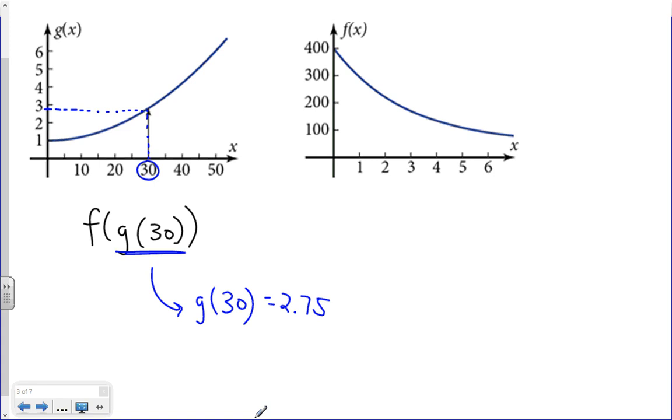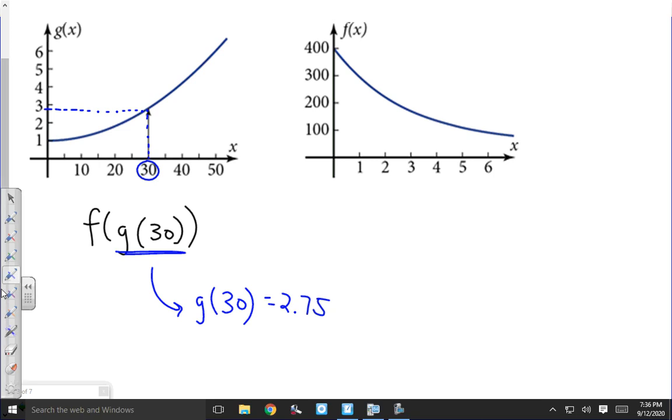So it's okay if you thought that was 2.7 or 2.8. Even if you probably said it was 3, that's probably fine as well. Just try to get roughly a good approximation there for us. So now what I can do is take that value of 2.7 and replace that in